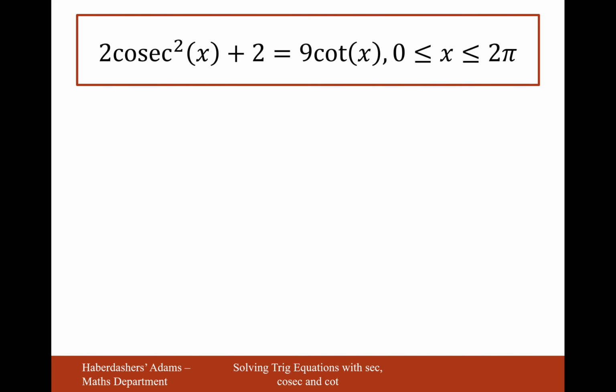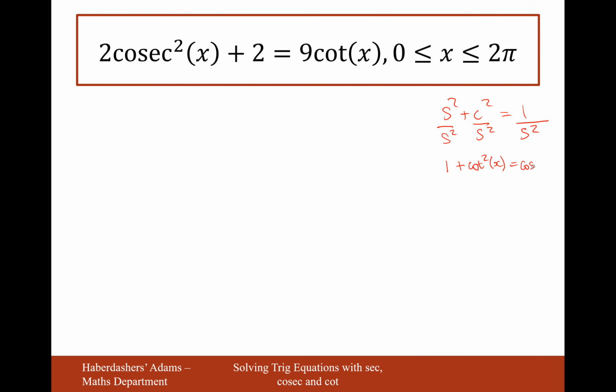Let's have a go at another very similar one here. In this case, we are going to want to turn the quadratic one into the cot one. So let's start with sine squared plus cos squared equals 1. And I want to create cosec, and the way I create cosec is 1 divided by sine squared. So if I divide everything by sine squared, what will I get? I'll get sine squared over sine squared, which is just 1, plus cos over sine, that's cot squared,